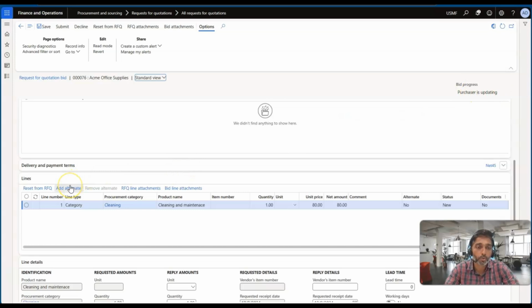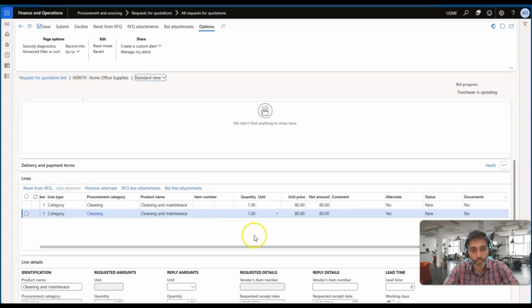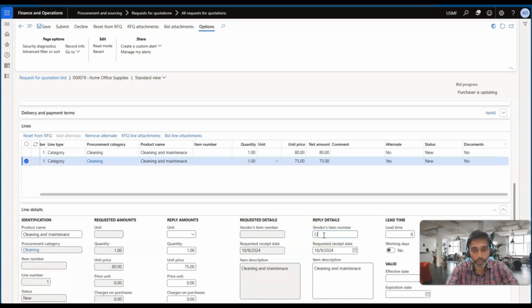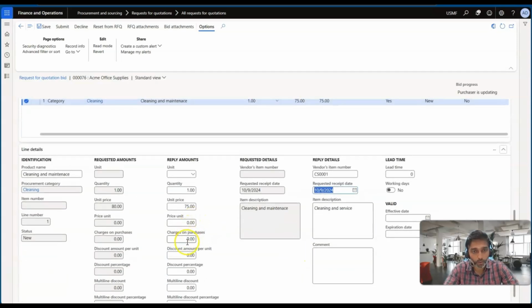So right now, if we are using the vendor collaboration portal, the vendor will be able to add the alternate line. So let's say I have an alternate service of cleaning which is getting offered at maybe $75, and I may be interested in providing cleaning and service. If you have any item number, you can provide it over here. If the vendor has any specific item numbers, let me change this description. Let me provide the item number as CS001 maybe, and then I'm also willing to provide a discount of